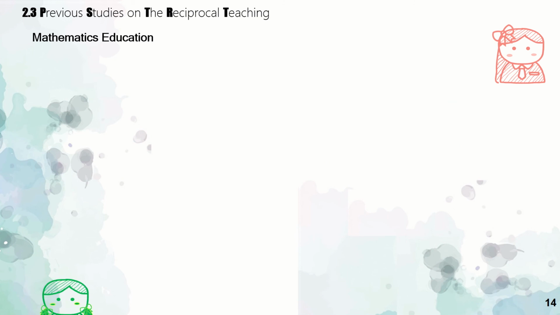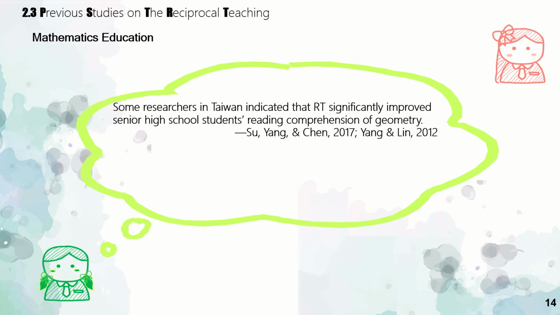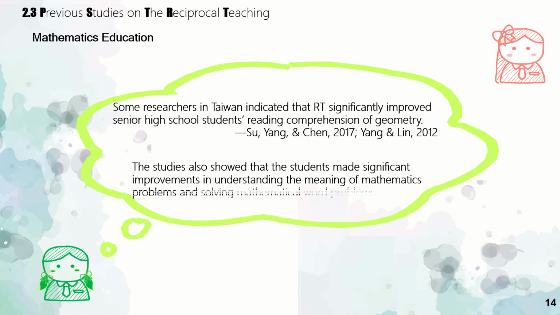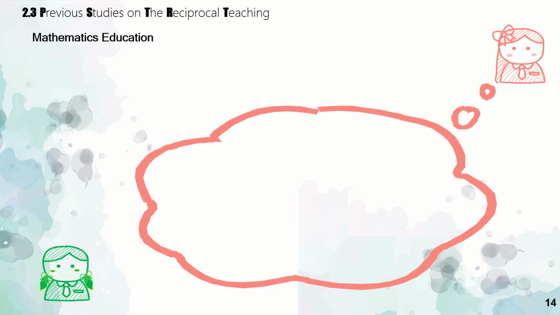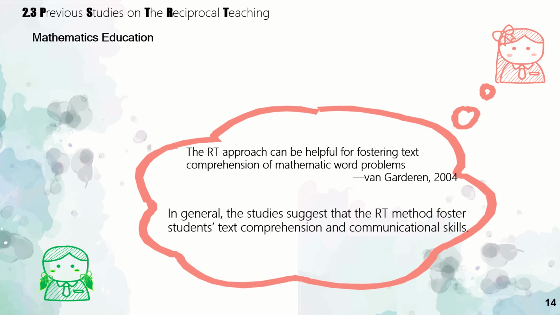Some researchers in Taiwan indicated that RT significantly improved senior high school students' reading comprehension of geometry. The students in other countries also show that the students made significant improvements in understanding the meaning of mathematical problems. The RT method can be helpful to foster text comprehension of mathematical word problems. In general, this method may improve students' ability to comprehend the text and their